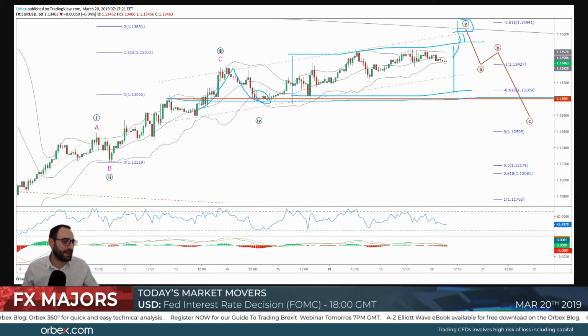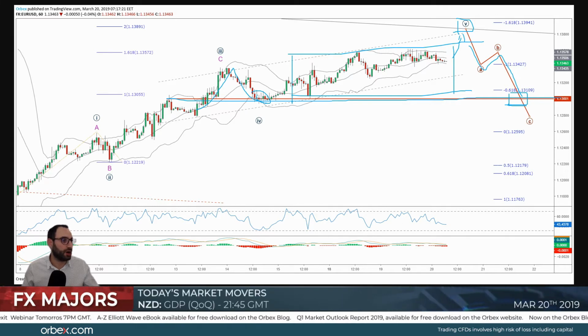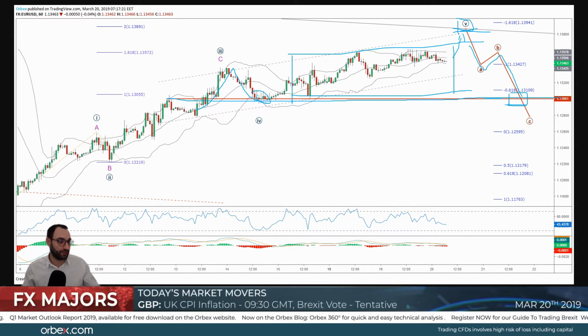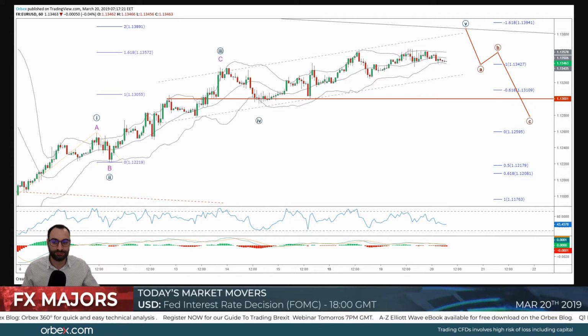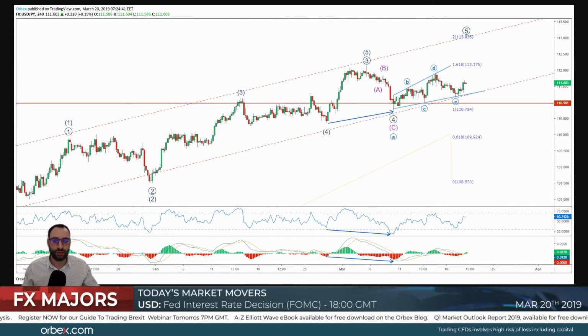And in case prices move lower, the first hurdle that we would expect prices to break if euro-dollar is going to go lower is the 113 hurdle. Okay, so these two barriers, 114 to 113, are very critical for further directional bias clues, in my opinion. The Bollinger Bands are very flat. We're expecting the markets to remain a little bit flattish ahead of FOMC, but I wouldn't be surprised if we see a break.